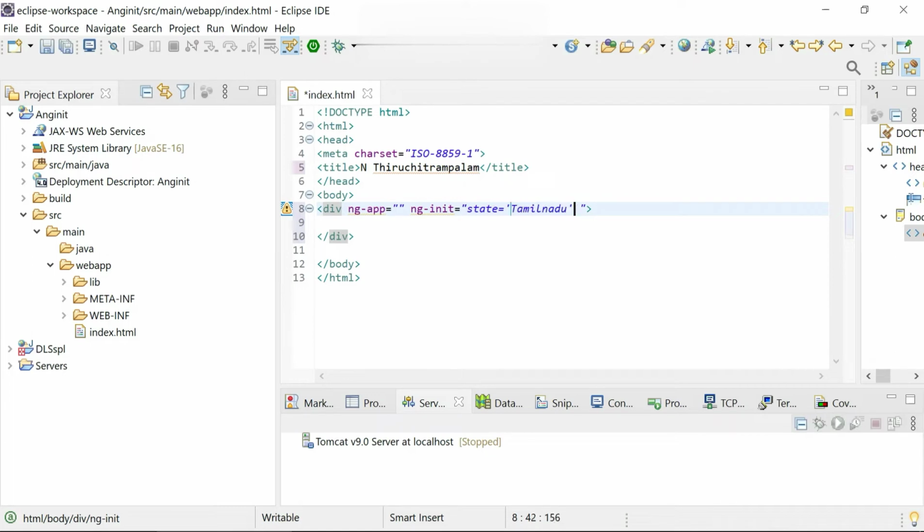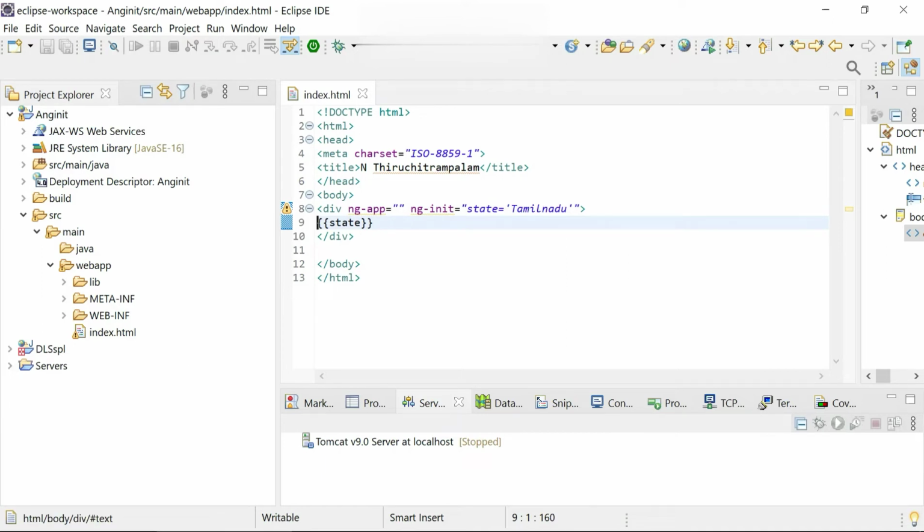All right, so I'm going to print this value on the web page. How do I do it? I just use the curly braces, and within them I give the property name, state.